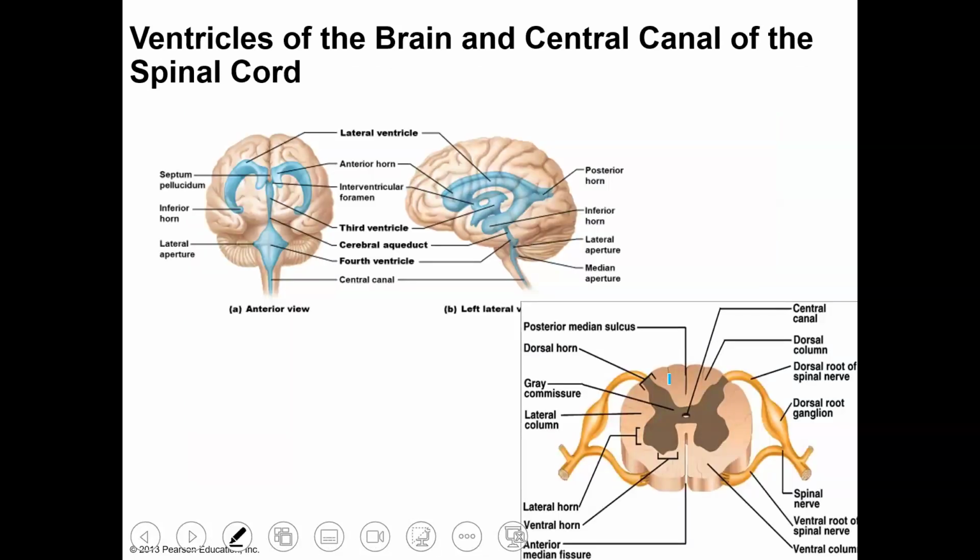So what are those ventricles? You can see the ventricles here in blue. And the ventricles here in blue, and that is our cerebrospinal fluid is here, conducting electricity and nourishing our brain, giving it nutrients and balancing electrolytes. And then right here in the middle is where you see the